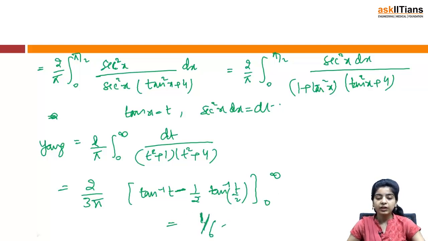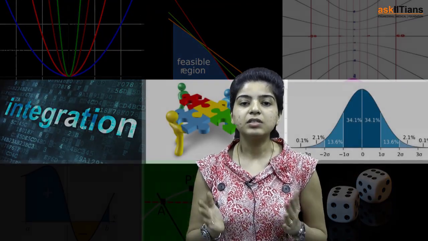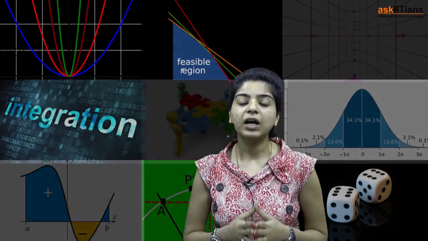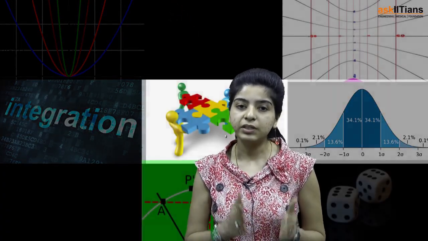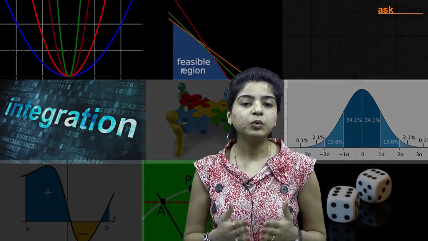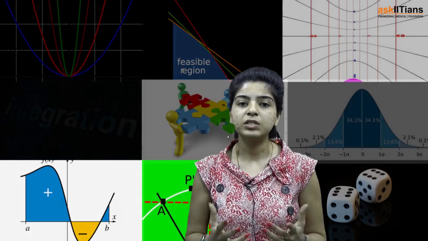So this is how you can get questions based on average value of a function or greatest or least values. I hope you have understood the concepts like questions based on determination of parameters, and then we discussed average value of a function. Now, in the next section, we will be discussing the IIT JEE questions based on this section, that is area under curves. These questions will help you to know what exactly are the kind of questions that you can expect in your exams. So, stay tuned.